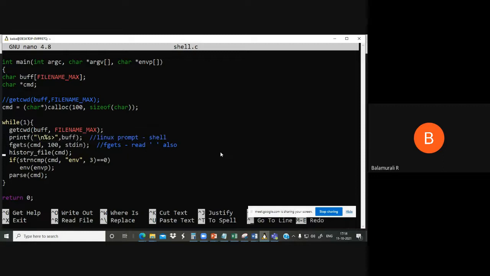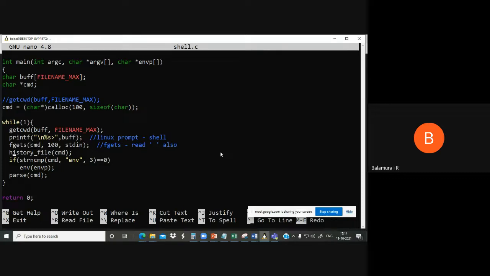And fgets is to read the command from the user. The user can type the command, and it will read using stdin, the standard input device. It reads a maximum of 100 characters and stores it in this variable cmd.